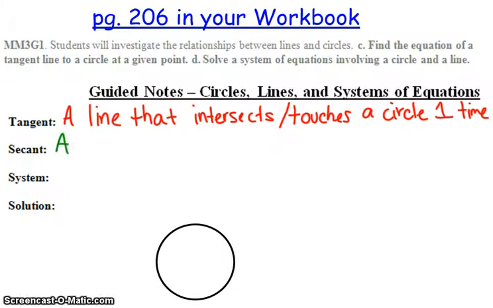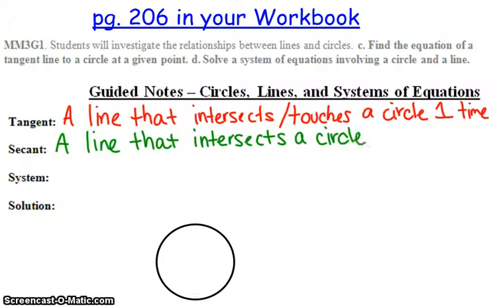They're similar to tangent lines, just a little bit different. Now, a secant line is a line that's going to intersect, not just touch it, it's going to actually intersect and go through a circle two times, not three, not four, not one, but two. And so we're going to look at our circle again, and there's our little line. And if you look, we have one point right there, and we have one point right over here. Those are our two points